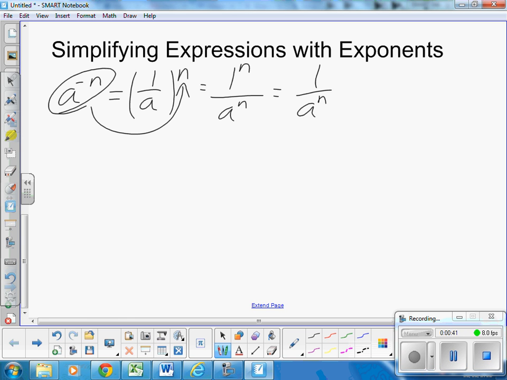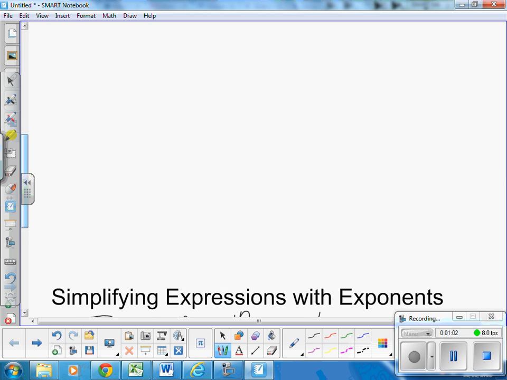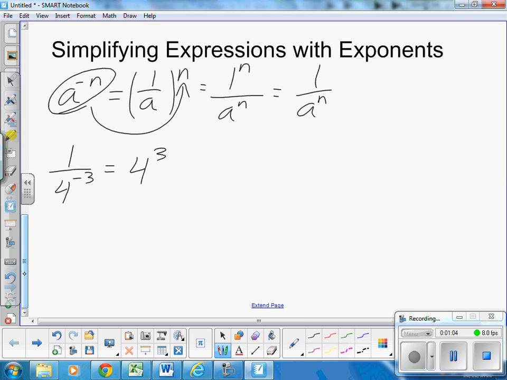Well, the same thing holds true if I have 1 over 4 to the negative third. That is just going to equal, doing the reciprocal, 4 to the third power. Okay? So now when I get into my simplifying expressions, and everything goes crazy on me,